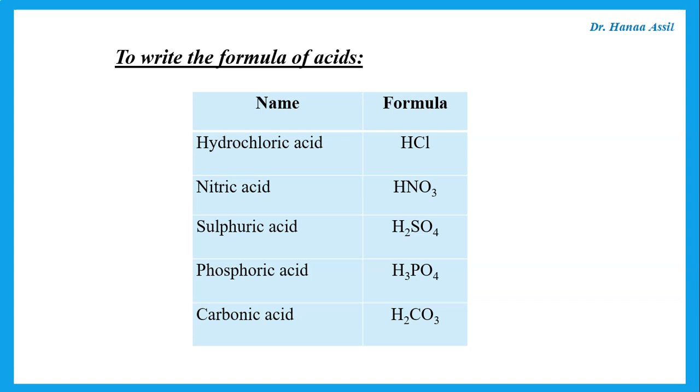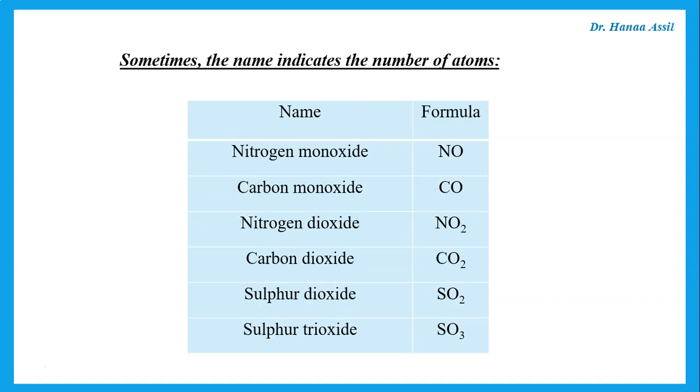To write acids, we write H first, and then the atomic group. So hydrochloric acid is an acid that has chlorine, so HCl. Nitric has nitrate, sulfuric has sulfate, phosphoric has phosphate, and carbonic has carbonate. And then you write the valency of one under the other. Of course, the valency of hydrogen is 1. Now, something like sulfate has a valency of 2, so we put 2 under the H. Phosphate, valency 3, we put 3 under the H. Carbonate, valency 2, we put 2 under the H.